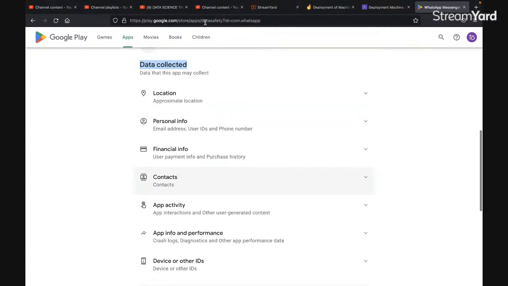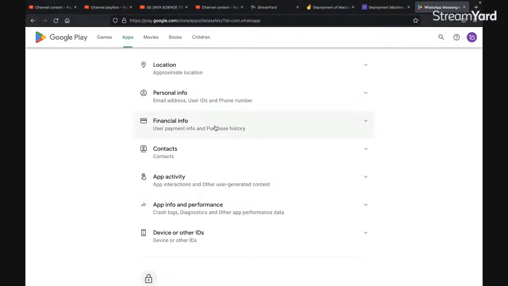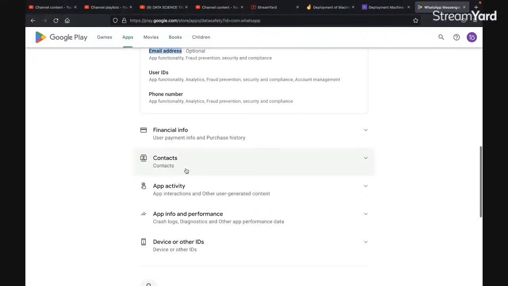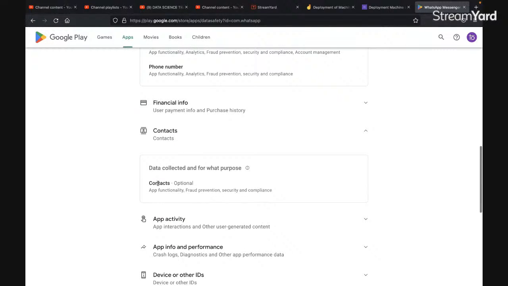Okay, so now see what all data it can take. Whenever you install WhatsApp, you give access to WhatsApp that, hey, you can use my email address, you have access to the phone numbers, and you can even go and search all the contacts that I have in my phone, right?